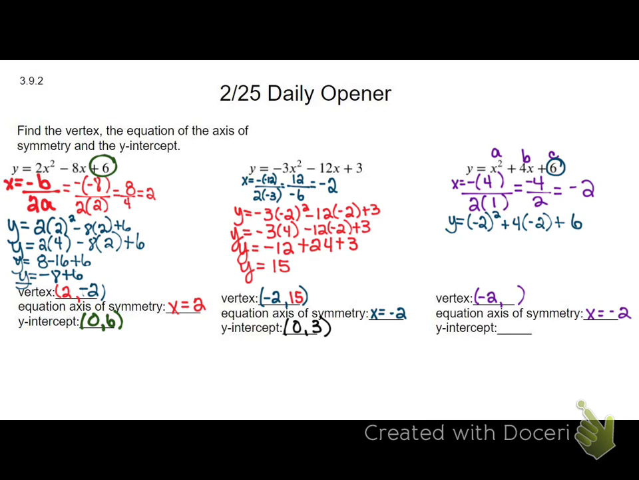And then y equals -2 squared, which is -2 times -2. Good. Then plus, or you can go ahead and multiply that out too if you'd like. 4 times -2, which is -8, and then I bring down my plus 6. Okay. Then my final answer, y is going to equal,